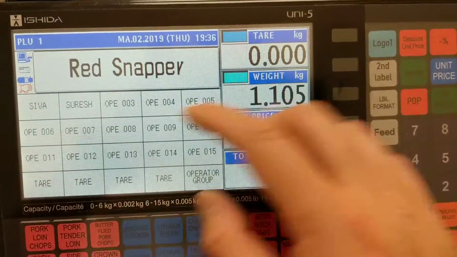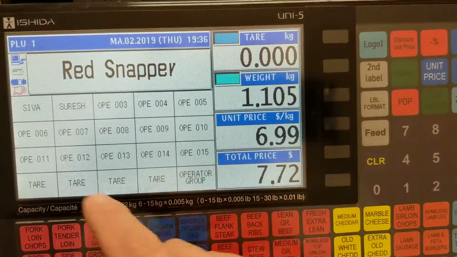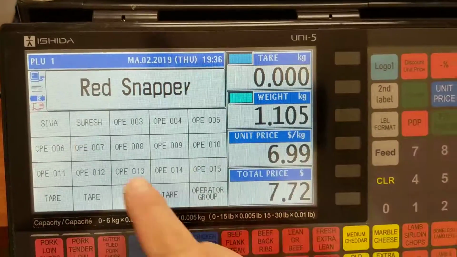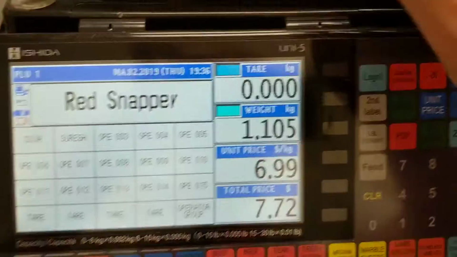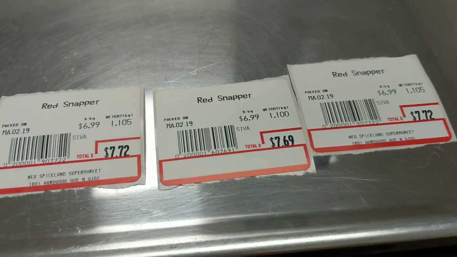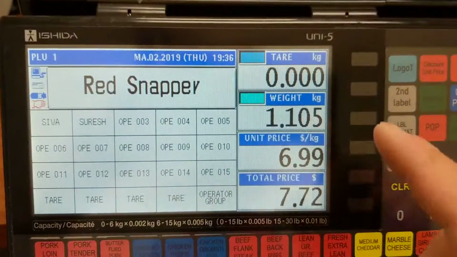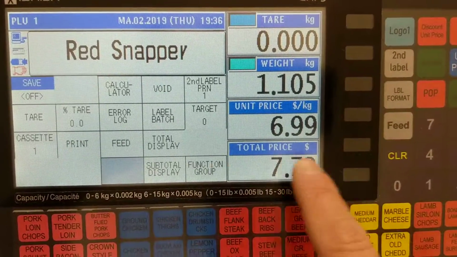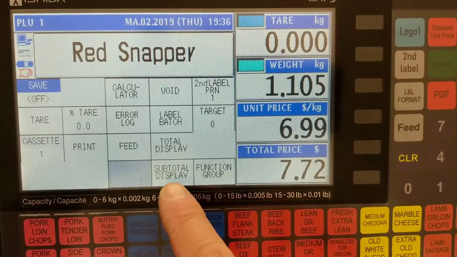Let's print a few more. And then it's the same PLU. So I have 3 labels printed. Now, if I press this down arrow key, I have a total display and subtotal display and a